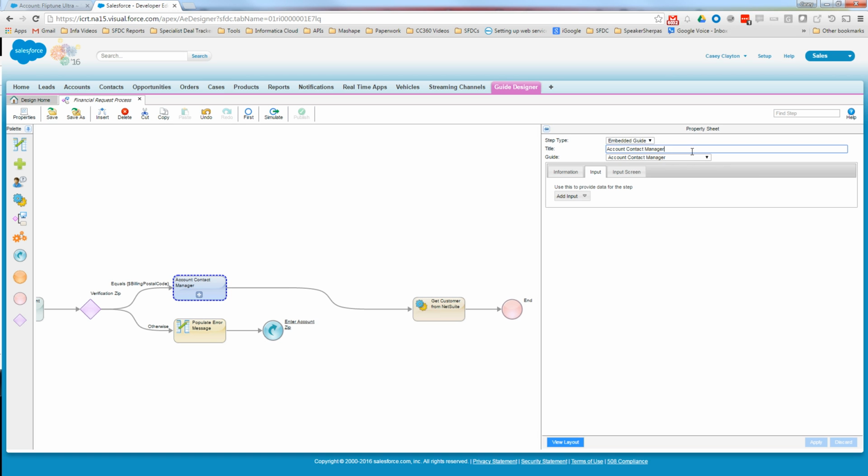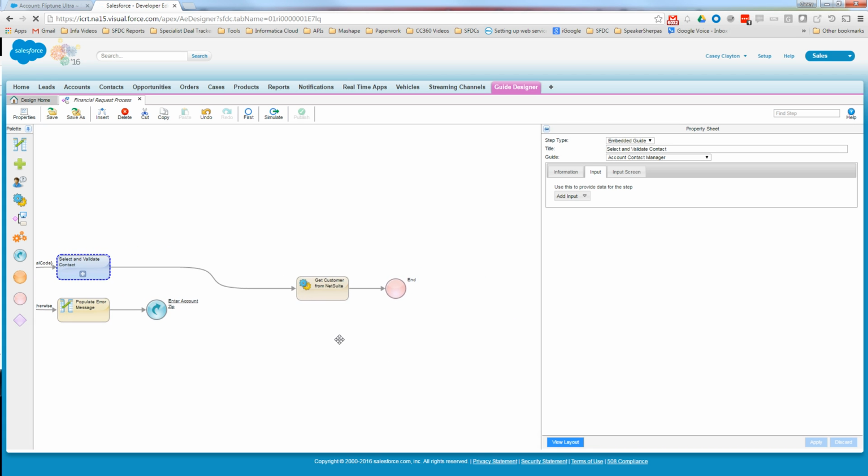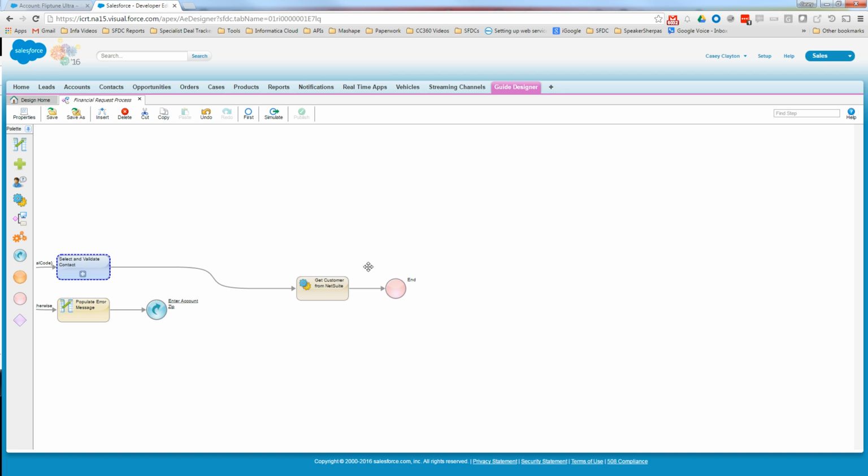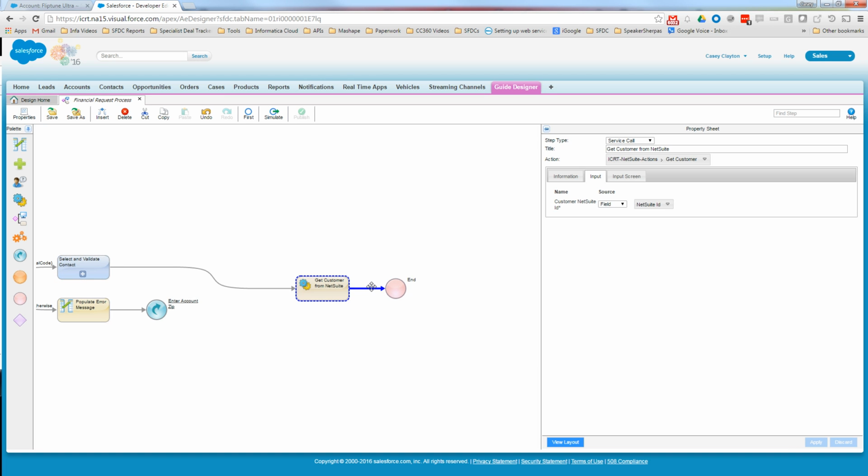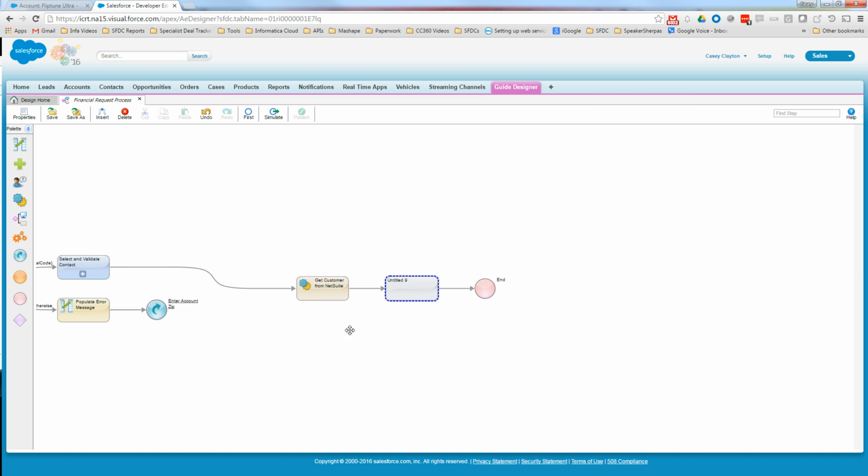And we're going to just go ahead and call this one select and validate contact. This is just to make it clear in terms of our process. You can have nice friendly labels that people can follow up with later. So we're going to get the customer from NetSuite, and now that we've got this data, we're going to go ahead and drop